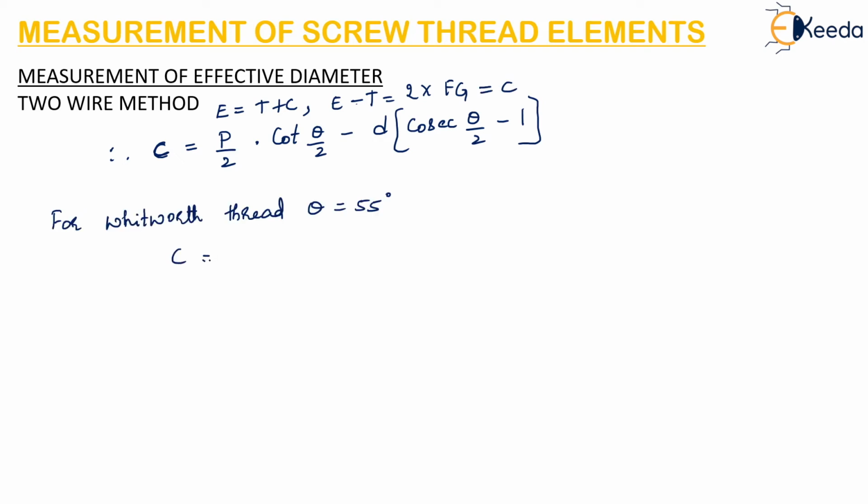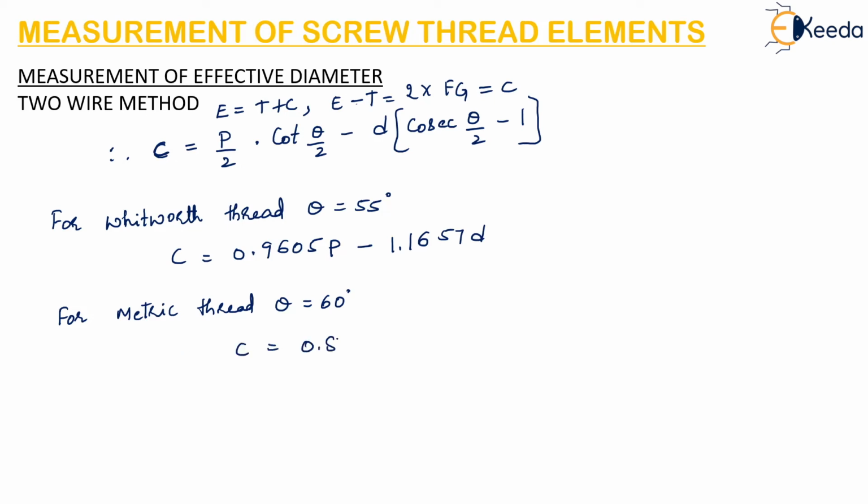So the C value for Whitworth thread is given as 0.9605 P minus 1.1657 D. For metric thread, the theta value is given as 60 degrees. So the C value will be 0.866 P minus D. So in this way, if we calculate the value of C, then we can easily calculate